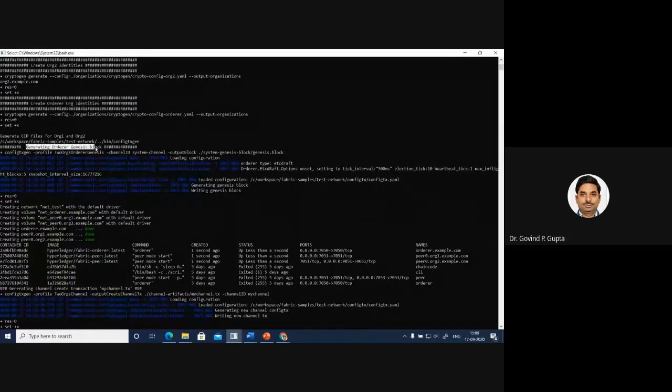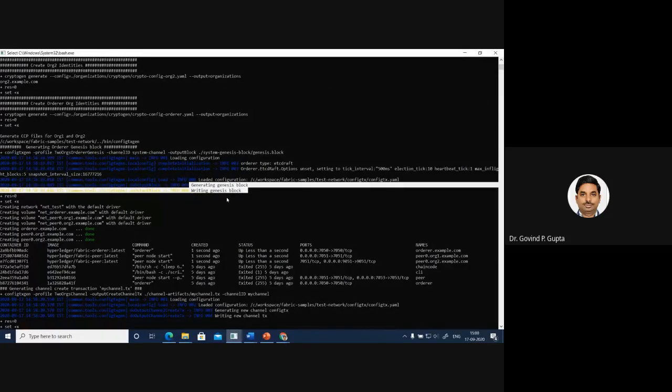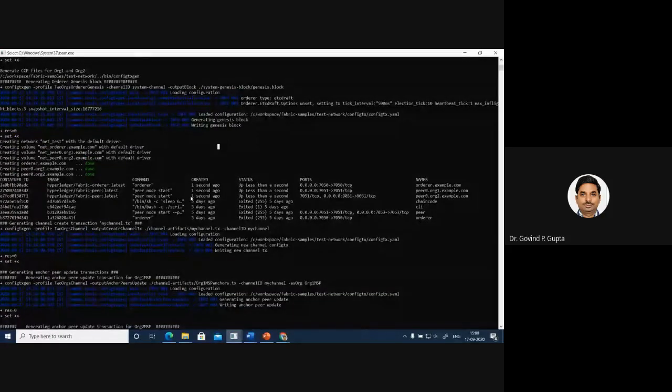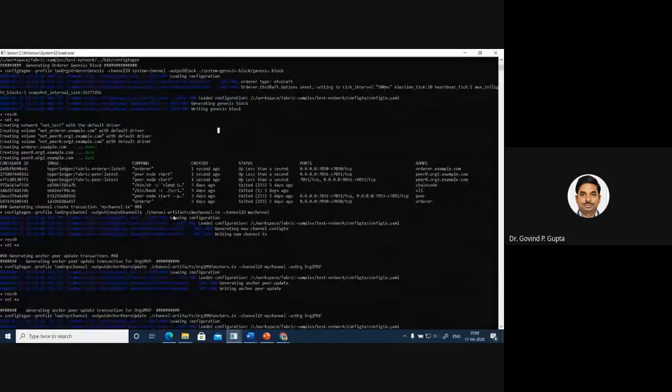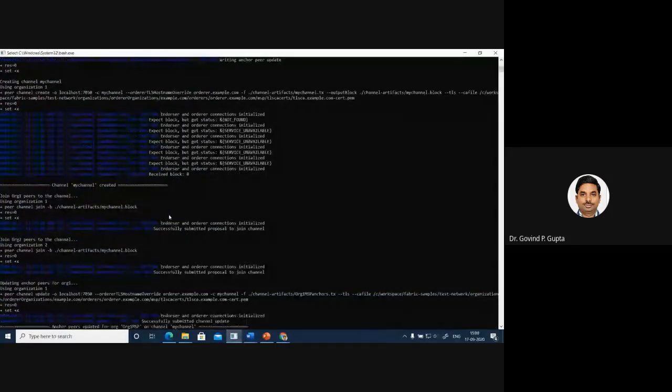Yes, generate orderer Genesis block. So a Genesis block is created whenever you activate the channel. Channel activated means you are ready for transactions, and if you are ready for transactions, then there should be a Genesis block. The Genesis block is the first block, just like the head of your linked list. After that, a channel is created, and the name of that channel is mychannel.